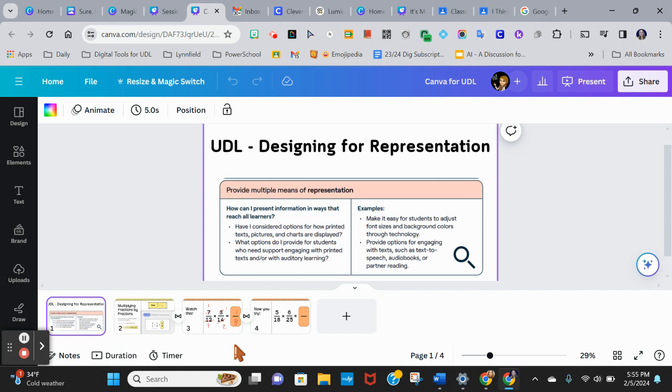When we talk about UDL, we have our three buckets, and one of them has to do with designing for representation. And when we think about UDL, we think about removing barriers that stand between our learners and their learning goals. So, one of the ways Canva can help us design for representation in terms of UDL is to provide multiple means of representation. And what that means is giving your students options and support with how they're taking in